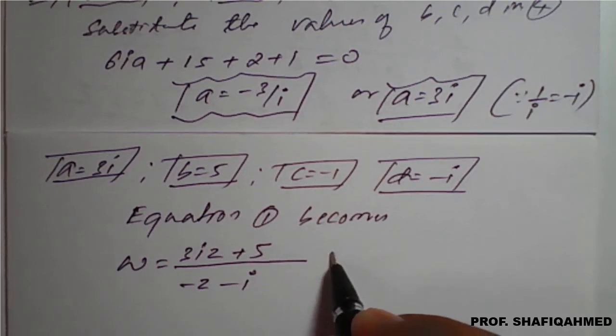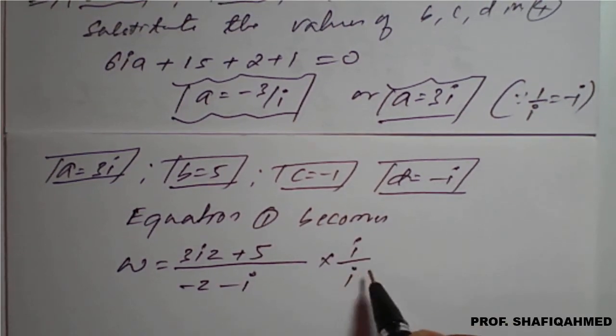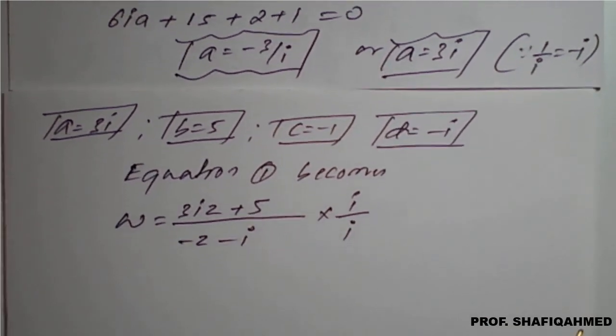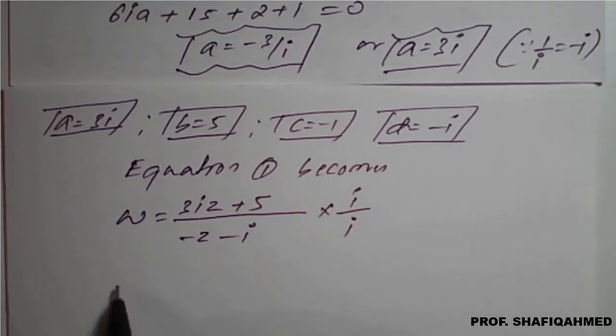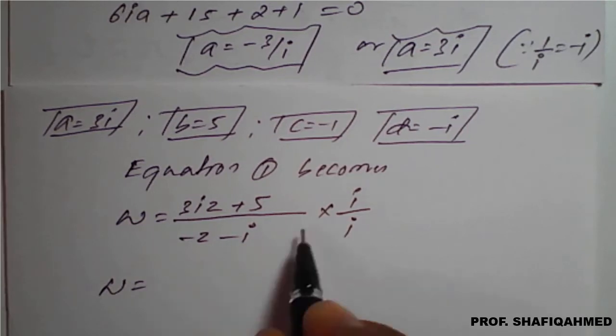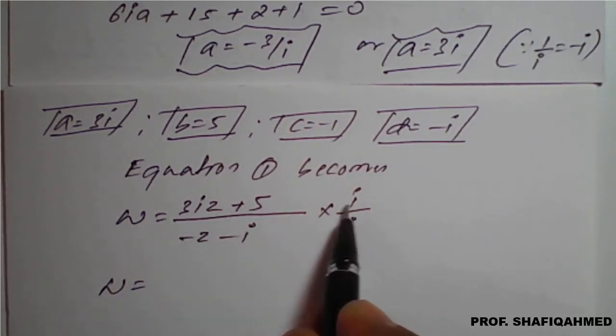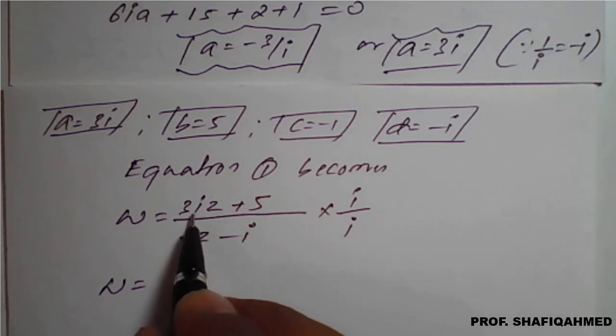Or you can multiply and divide by i if you want. So you can take this result, or else I will take one more step here. Divide and multiply by i in the right hand side. So i into this, both the terms we have to multiply. i into this becomes i square.